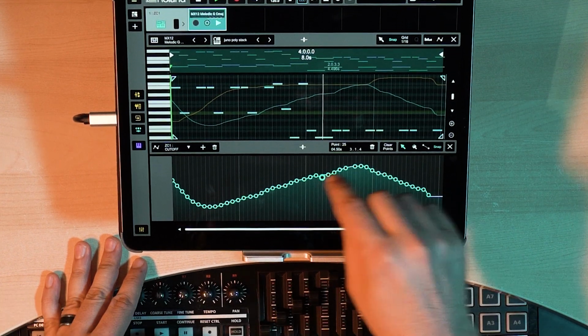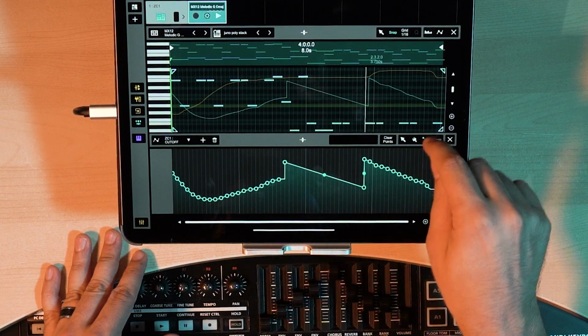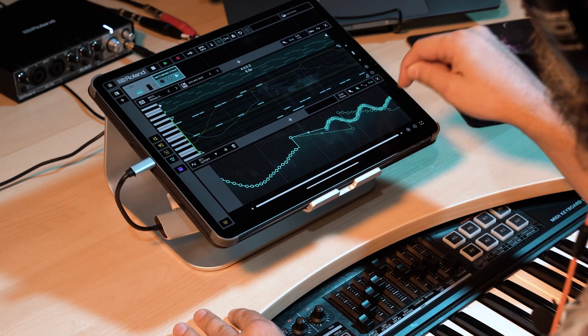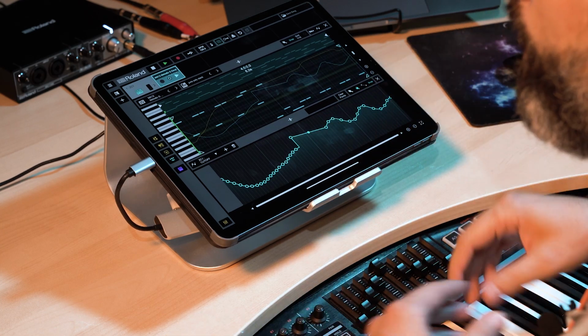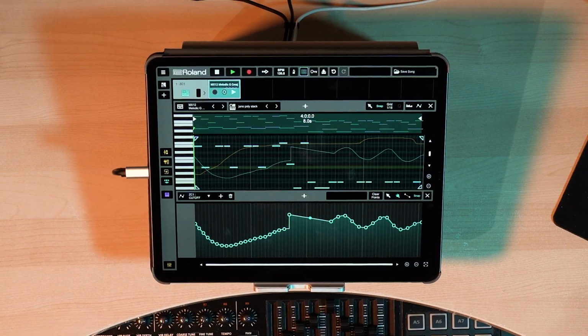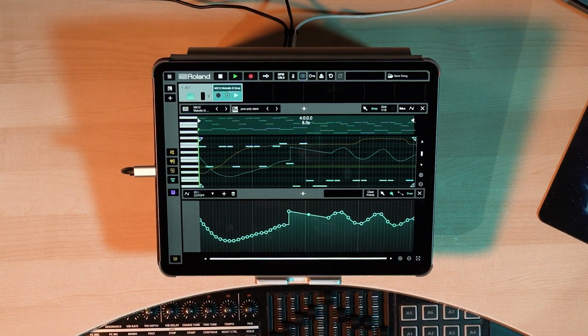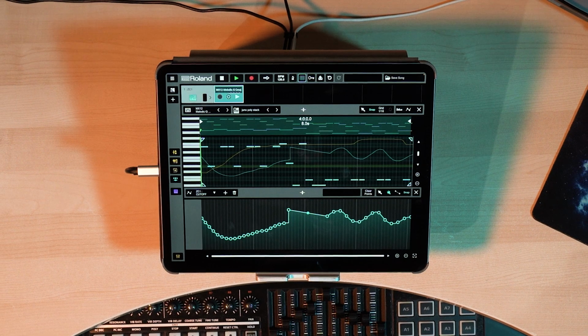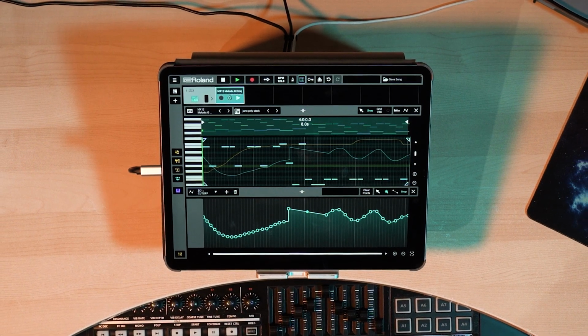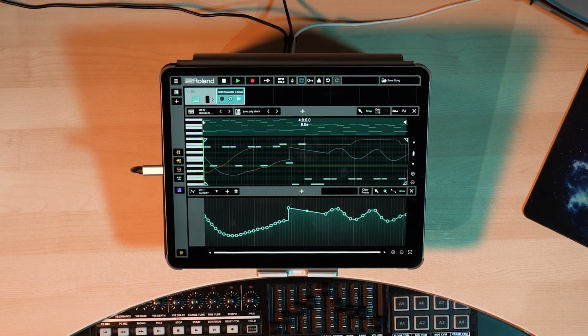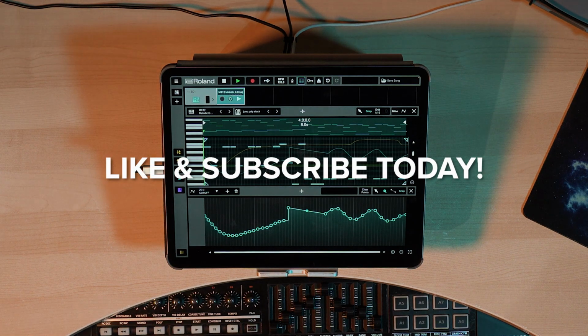From editing specific points to drawing lines and curves to freehand painting, ZenBeats has you covered to add movement to your MIDI patterns. As you can see, whether you've recorded a pattern from the on-screen instruments or loaded one from our vast preset library, it's super easy to create and edit not only the notes, but even the automation parameters in ZenBeats. That's going to be a wrap for this video.